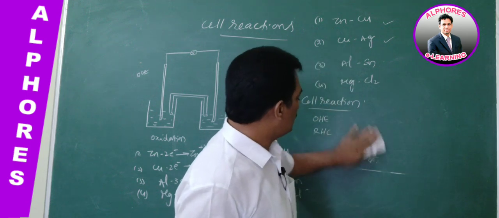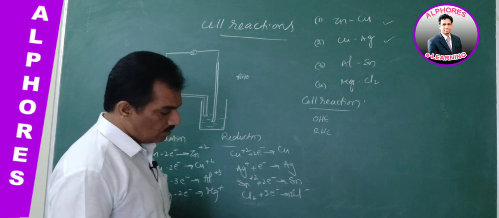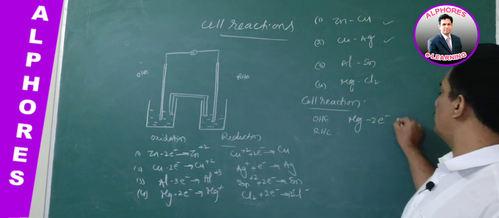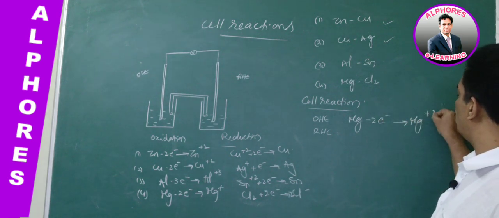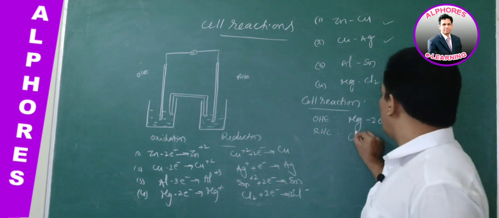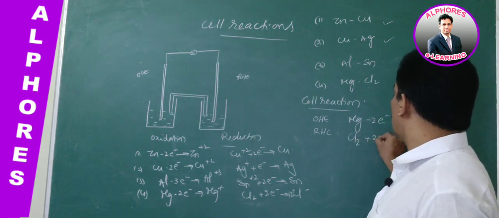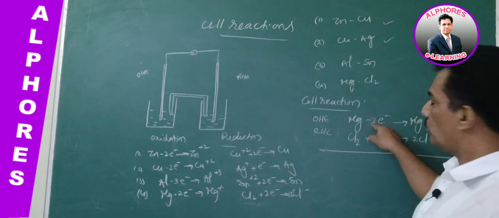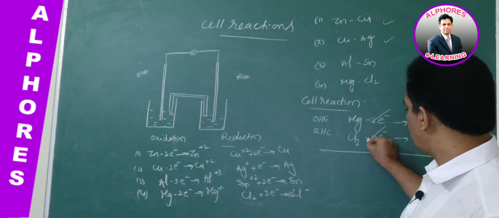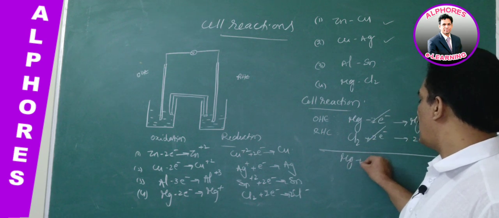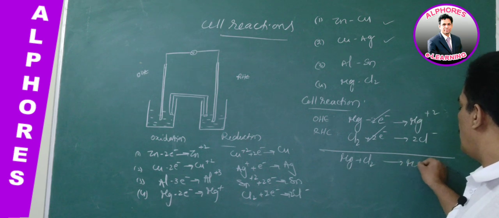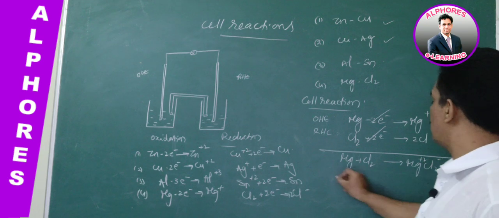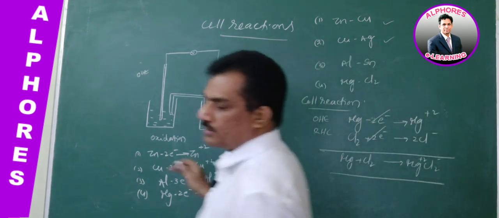These two electrodes. Here magnesium, being the metal, is ready to go for oxidation. That's why Mg, by releasing 2 electrons, gets into Mg plus 2 oxidation state, and then chlorine, by getting those 2 electrons, will be reduced to 2 chloride ions. Now the net result, both these two are equal, that's why we are cancelling this, and Mg by reacting with Cl2 will give MgCl2, that is Mg plus 2 and Cl minus. This is the net cell reaction for that one.